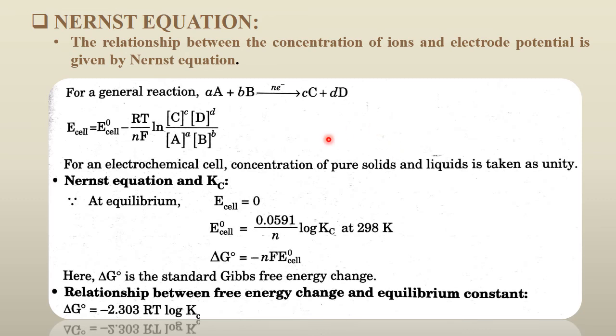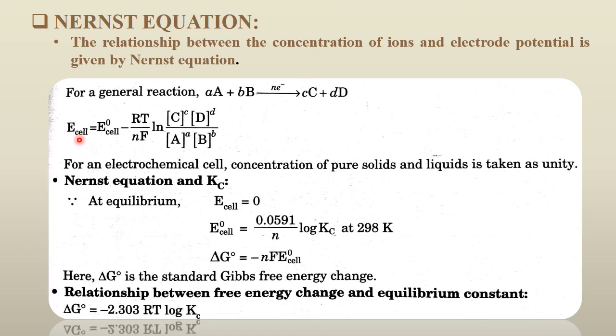So, according to the Nernst equation, this is a generalized equation. We have already studied the general equation of mass action, right? aA plus bB, by the exchange of n number of electrons, we obtain cC and dD. So what is E cell? The cell potential, the overall electrode potential. Till now, we were calculating E0 cell, which is the standard potential, calculated with respect to the half cell potentials that were given to us. Now we are going to calculate the overall cell potential of a given electrochemical cell.